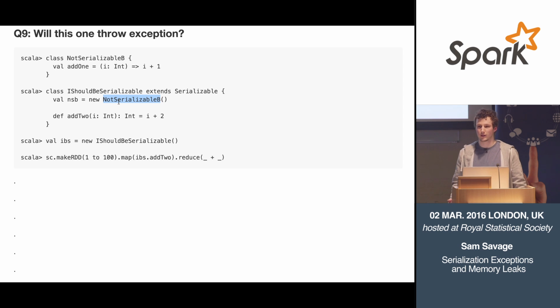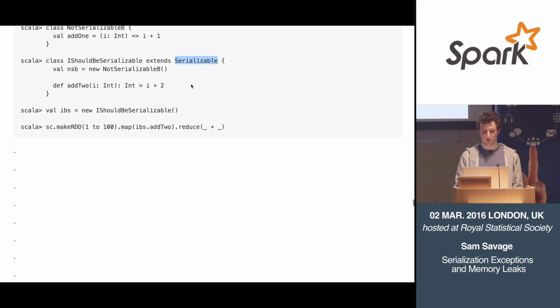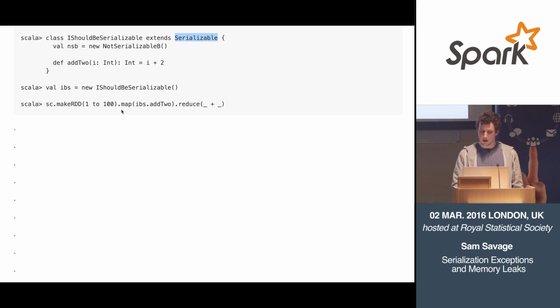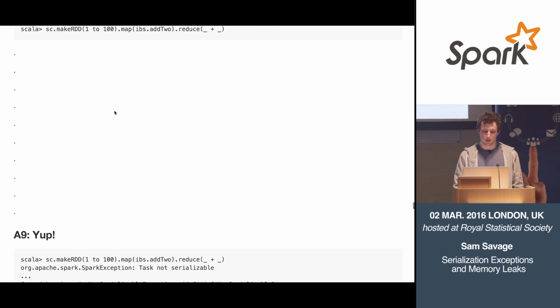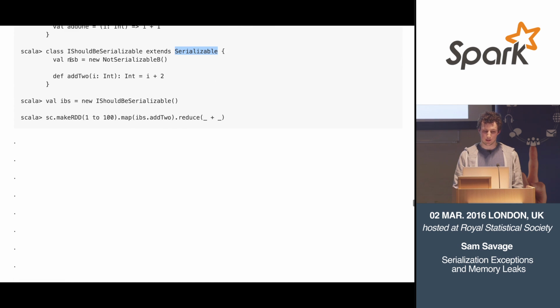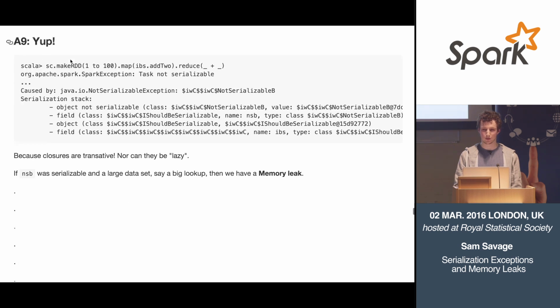And that's really annoying, because all we're using is add2. So even though it extends serializable, that doesn't mean it won't cause an exception. It can be even more annoying if this thing is large and it's serializable, or it's a config or something, and you have a complicated application that has lots of,